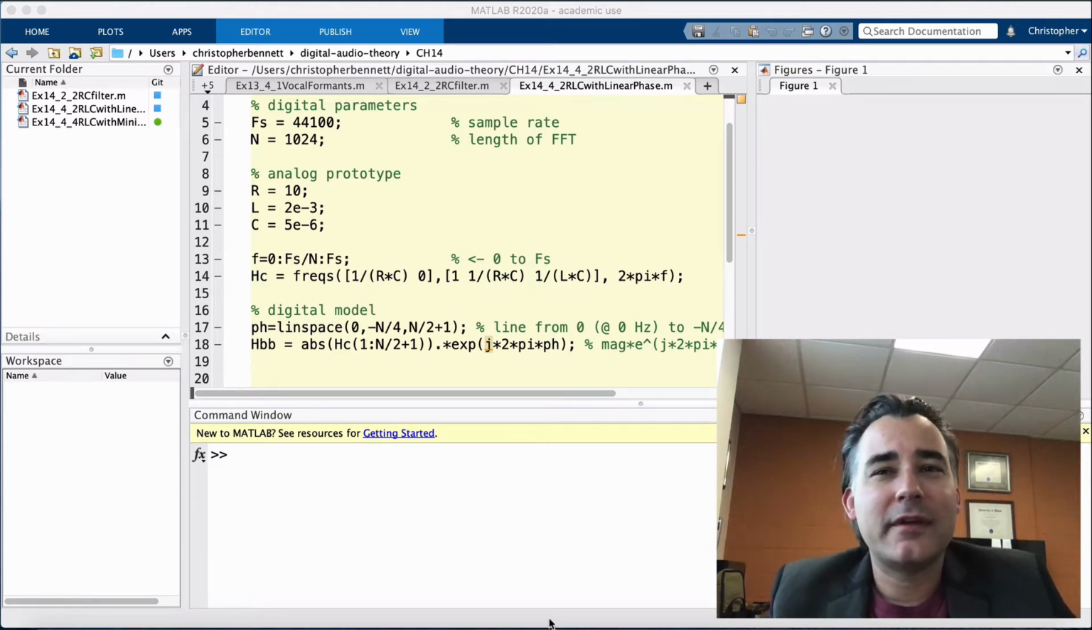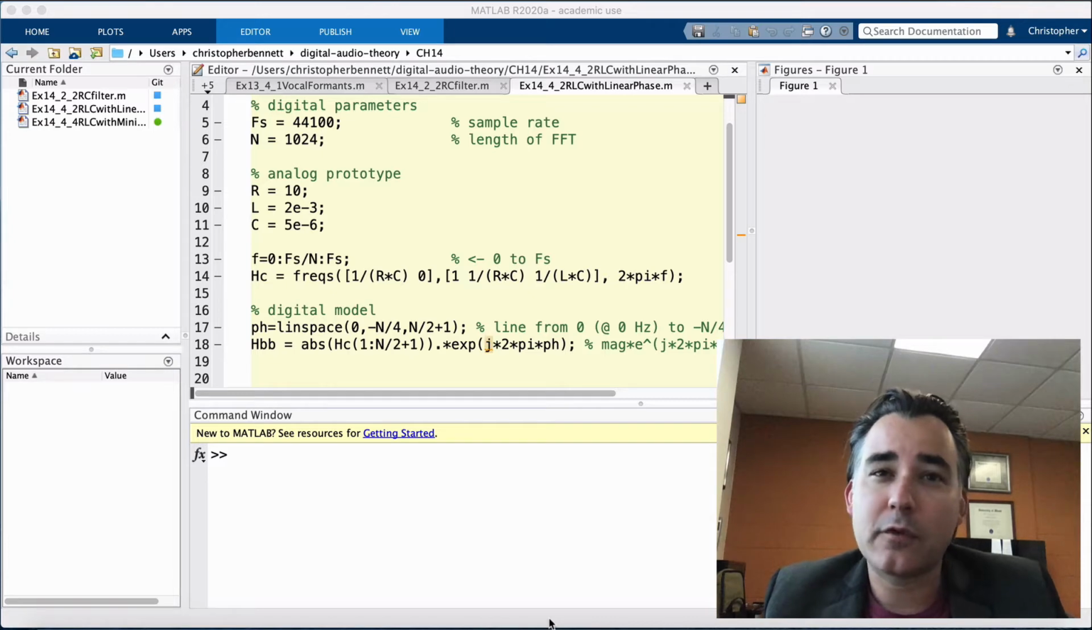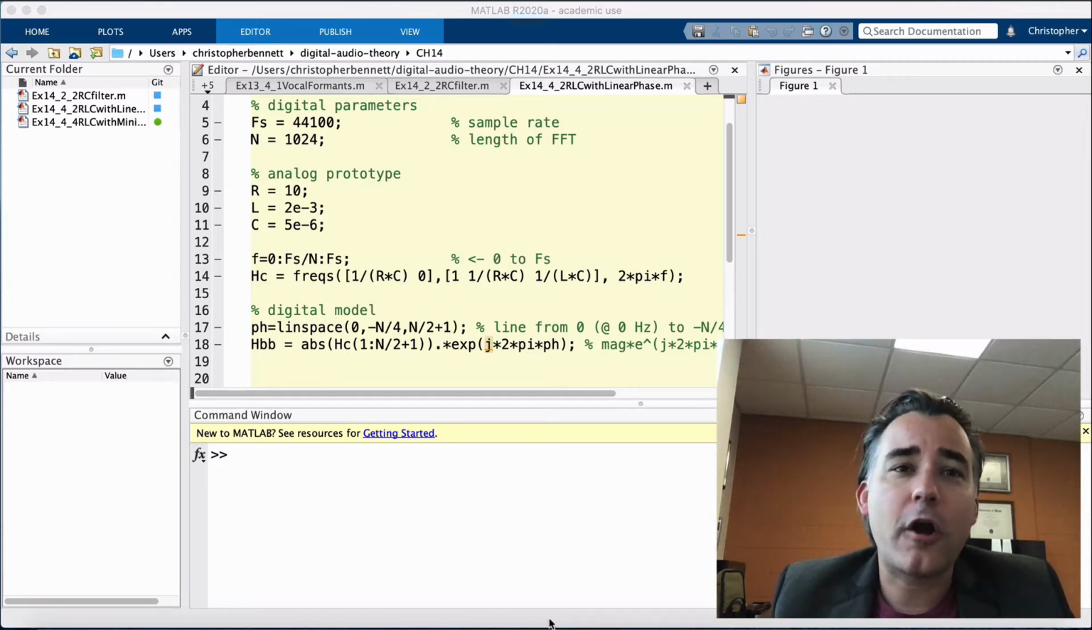This programming example, the final one, comes from Chapter 14, which covers digital modeling of analog audio systems, including the impulse invariance method, the bilinear transform, as well as frequency sampling. In these programming examples, 14.4.2 and 14.4.4, we'll apply the frequency sampling method to convert an RLC analog filter into